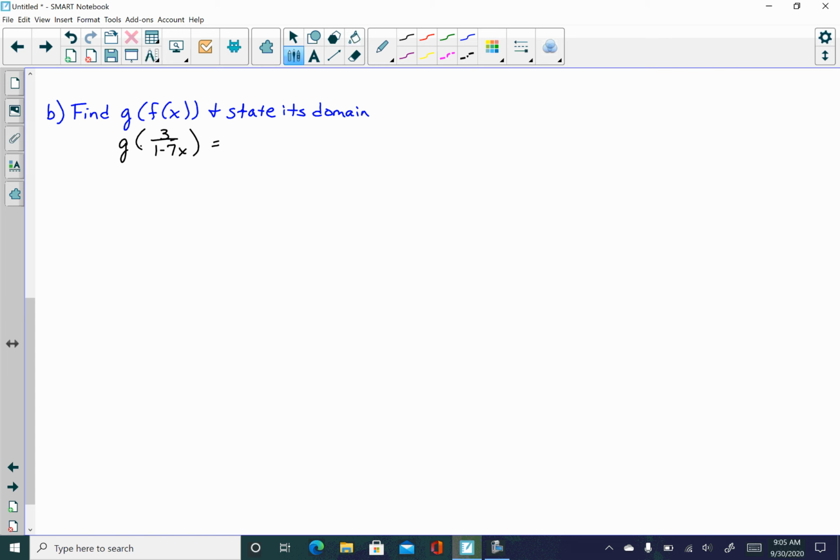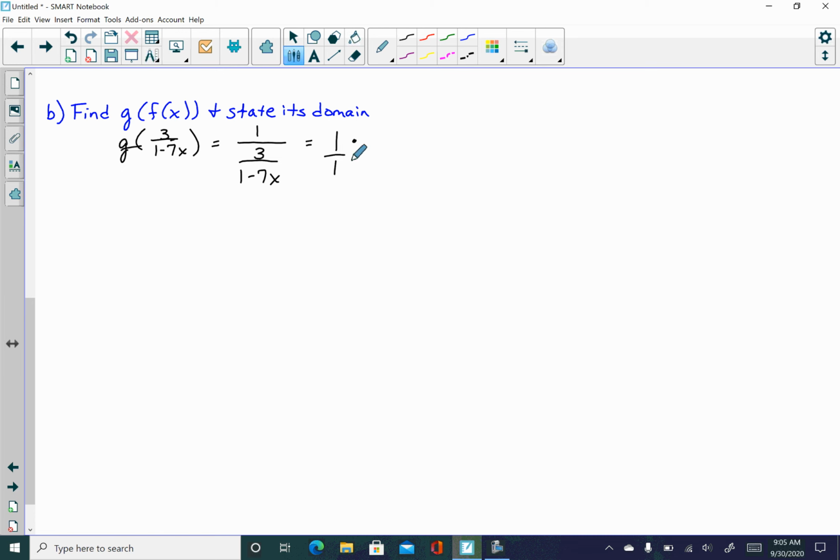Now this says go to your g function. Everywhere you see an x, plug in this 3 over 1 minus 7x. So you have 1 over, and then you have that, 3 over 1 minus 7x. Can't leave a fraction within a fraction here. What I would do is copy the top, change it to multiplication, and flip the bottom. Because it's a fraction, you've got a top divided by a bottom,